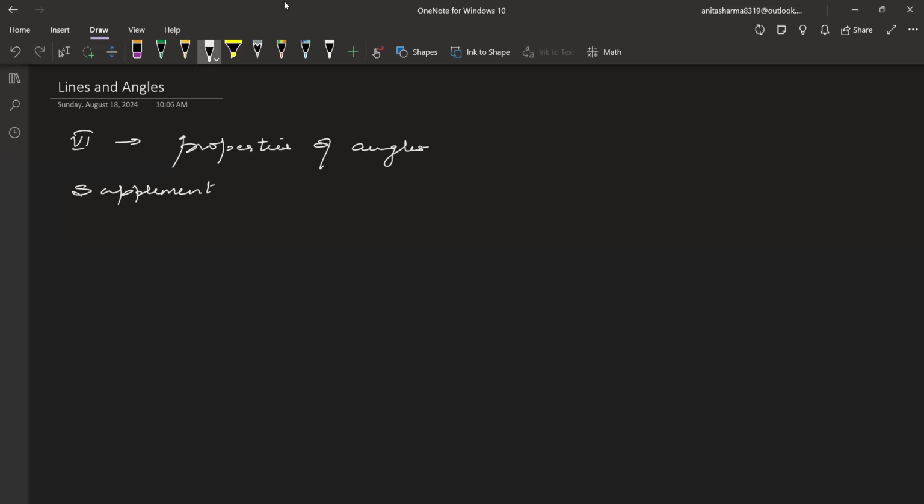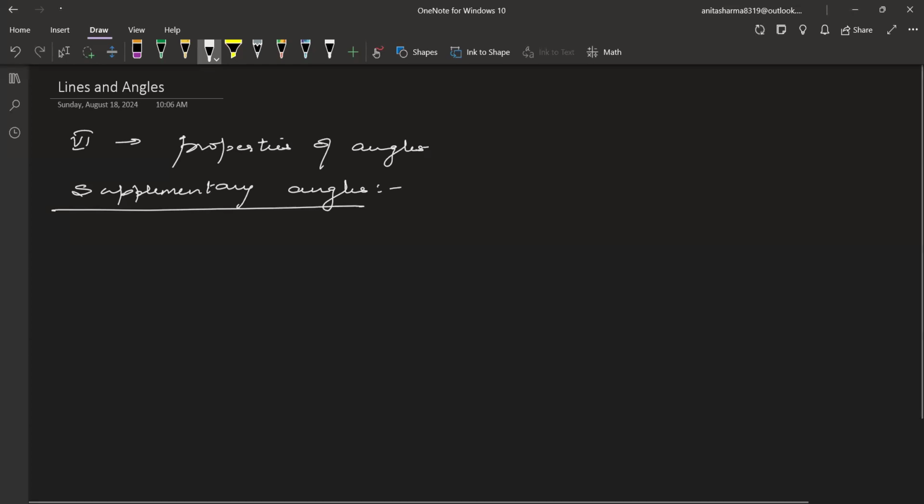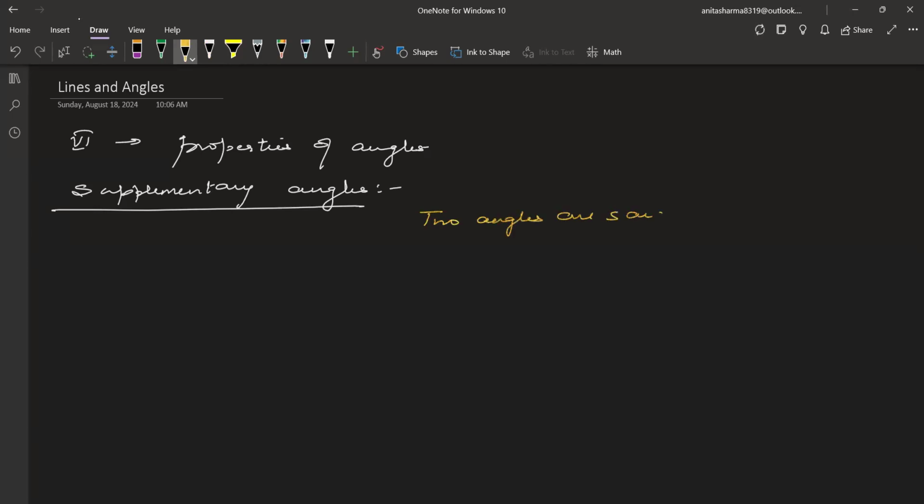Who will tell me what the supplementary angles are? Two angles whose sum is 180 degree. Two angles are said to be supplementary